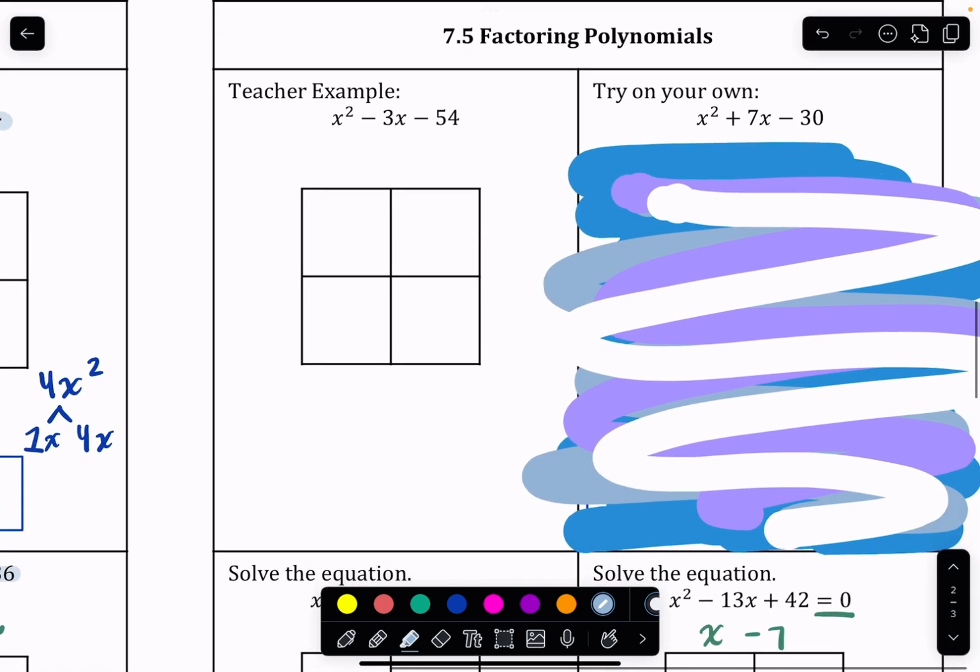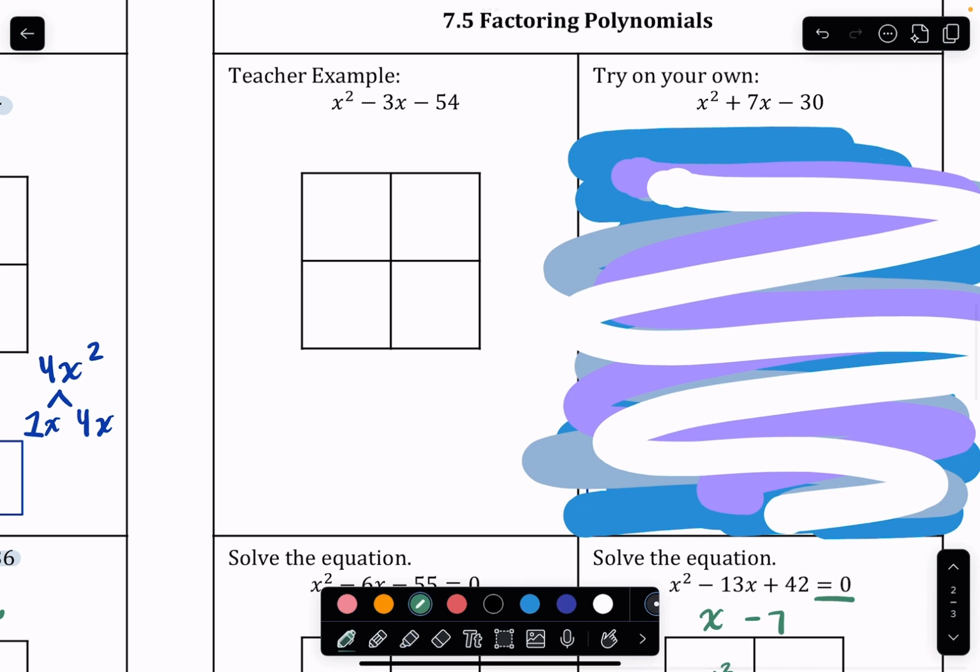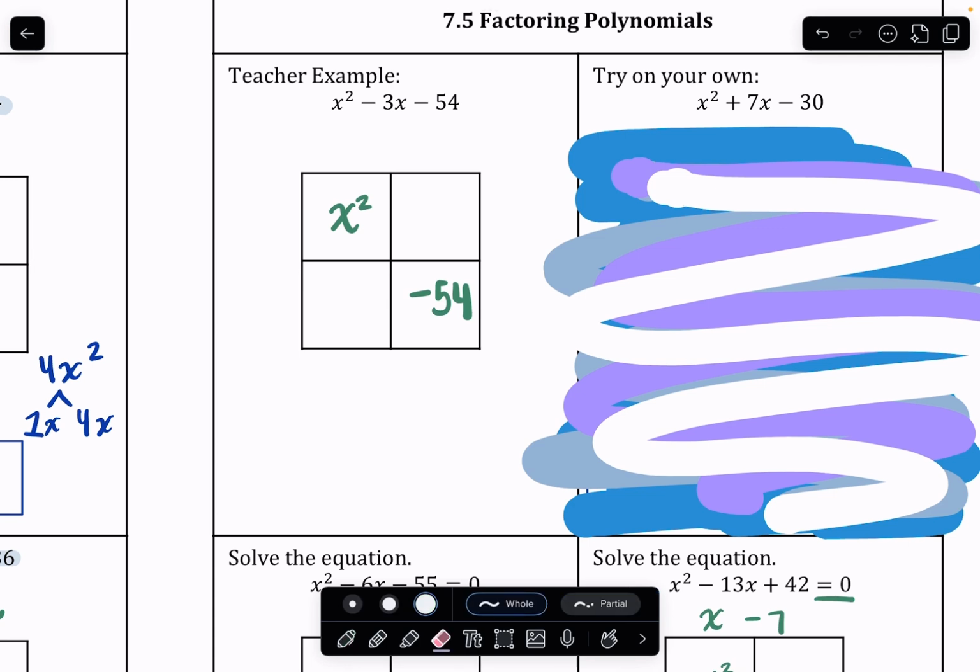Now we have some more examples. We're just going to keep on factoring. And I'd like to remind students that it's okay if you don't get the first example. It's okay if you don't get the second. Sometimes it's going to take a couple examples in order for it to stick. And that's okay. So if I have the situation that says x squared minus 3x minus 54, this follows a